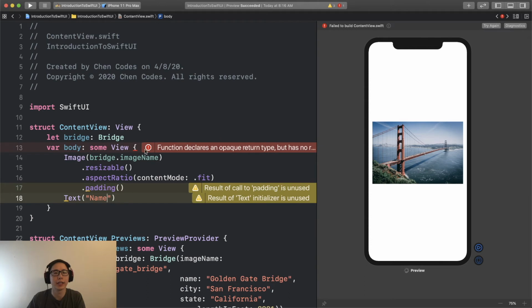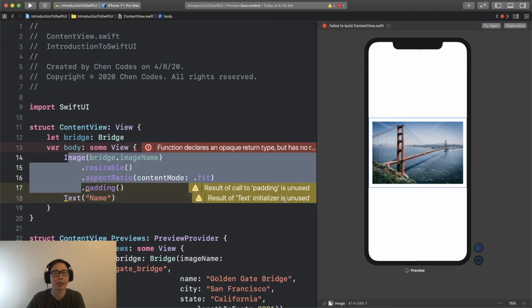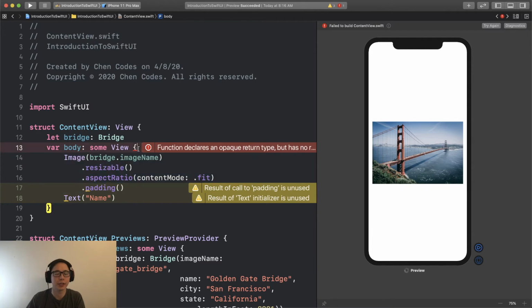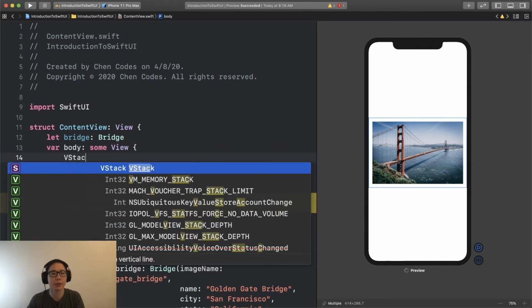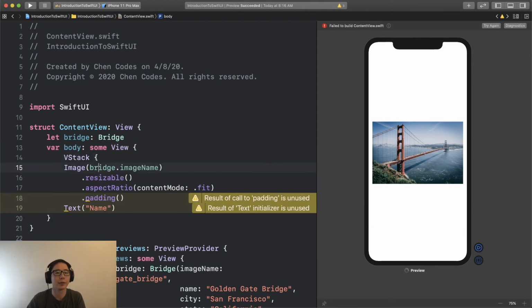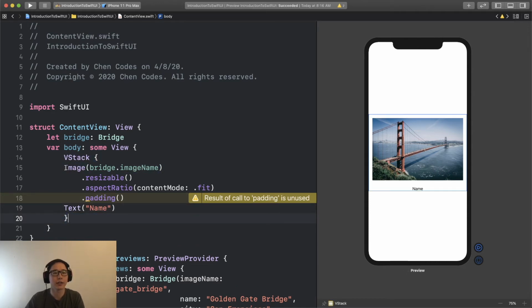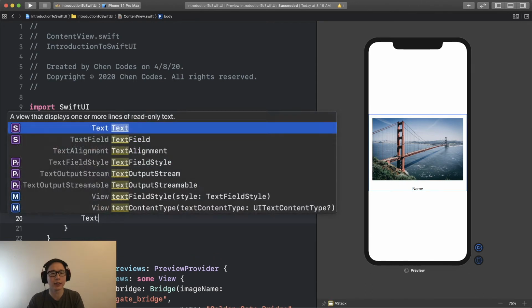And this is complaining that you're only allowed to return one view in the body property. And so we're going to need to combine our views, and we want them to stack on top of each other. So we're going to use a VStack, short for vertical stack, and we can pass in our text and image. And now you'll see that our name shows up below the image,